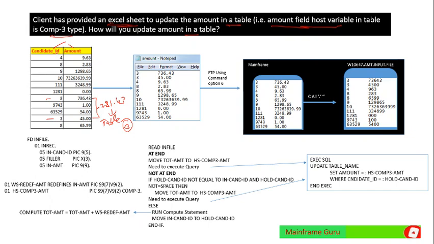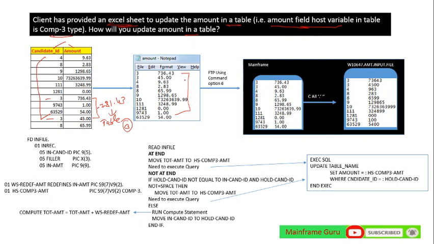So you are going to use this input file in the COBOL program. You should sort the input file first based on the candidate ID. After sorting, your file will appear like this, and you need to copy the data from the Excel to Notepad.